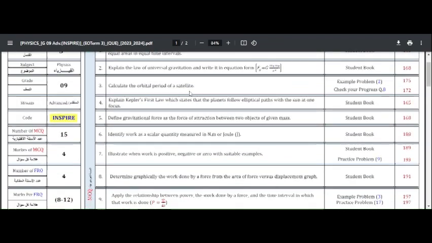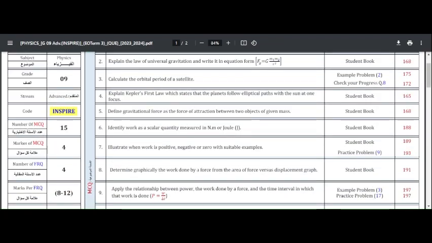Then another kind of question, let's look at the second one. Second question: explain the law of universal gravitation and write in equation form. So you see, in the Newton's law of gravitation, the force of gravity is proportional to the product of masses and inversely proportional to the square of the distance between the masses. So they could ask about this